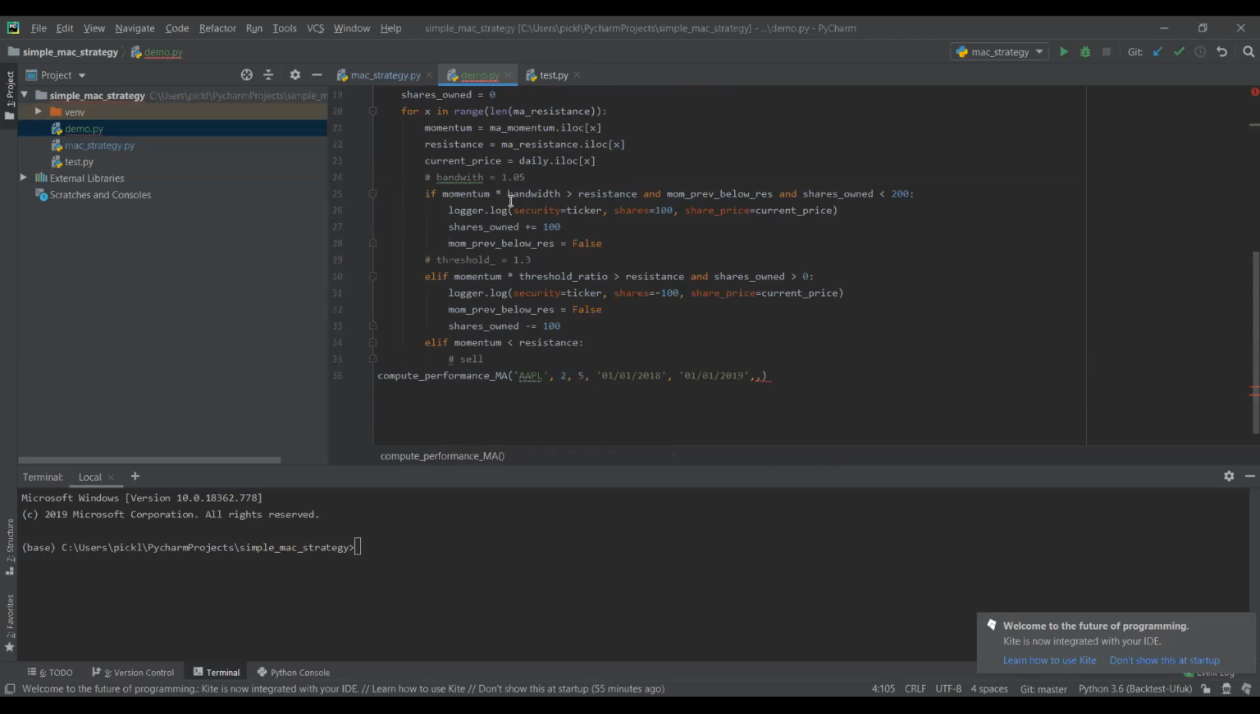So we're going to add this bandwidth to the momentum so that the if statements have some distance from each other from when they will execute. And 1.05 will just mean that momentum has to be 5% higher than the resistance. Okay, so now we want to,